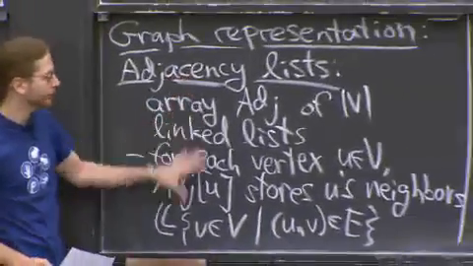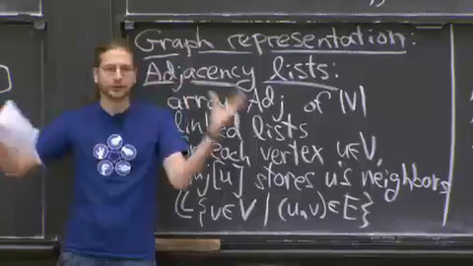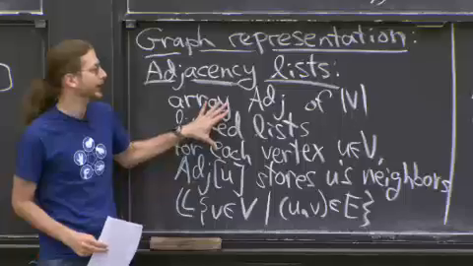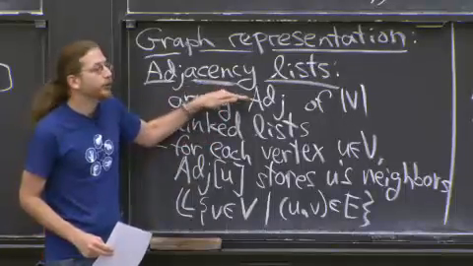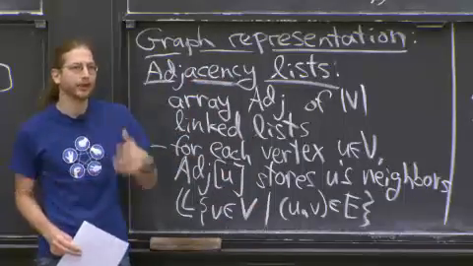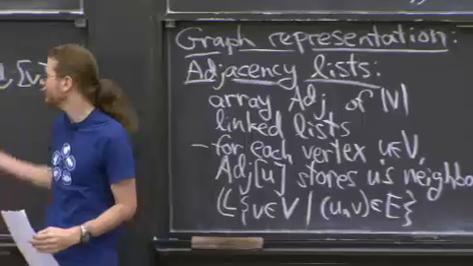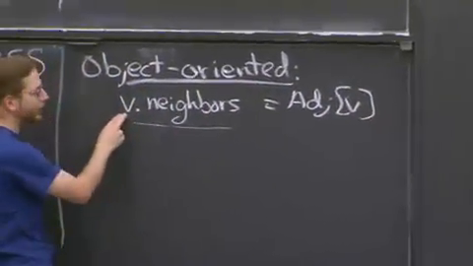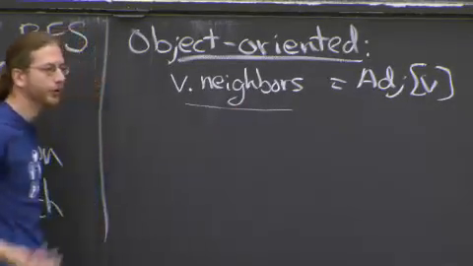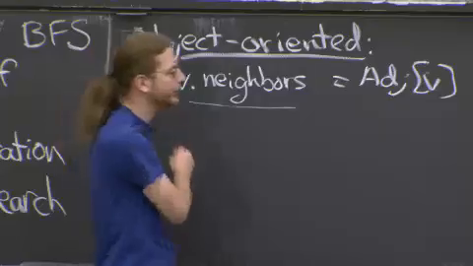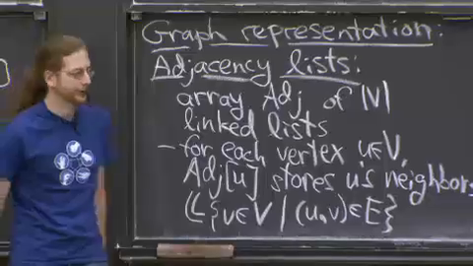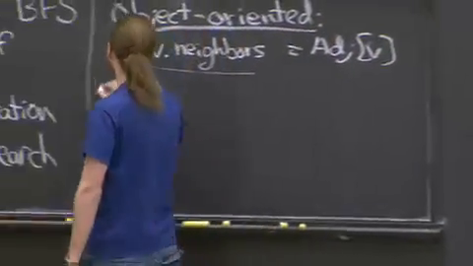But it's convenient to have the adjacency list representation. There's a reason the textbook uses it, because if you've already got some vertices lying around and you want to have multiple graphs on those vertices, this lets you do that. So you can define multiple ADJ arrays, one for graph 1, one for graph 2, one for graph 3, but they can all talk about the same vertices. Whereas here, a vertex can only sort of belong to one graph. It can only have one neighbor structure. If you're only dealing with one graph, this is probably cleaner. But with multiple graphs, which will happen even in this class, adjacency lists are kind of the way to go.